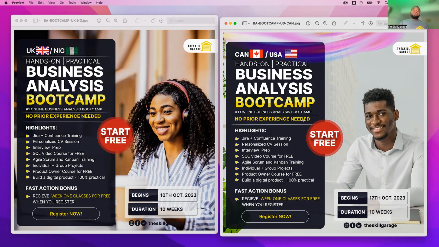And for those of you who are saying, what if I start with UK and I move to Canada? What happens? Yes, if you've made your payment, we will transfer you. You have the ability to join any cohort, because we know that things happen. You have the ability to join any cohort for the next 12 months. So say, for example, you join this cohort and something happened, you could not join. As long as you've made your payment or you are continuing to make your installment payment, we will move you to another cohort so that you can continue.